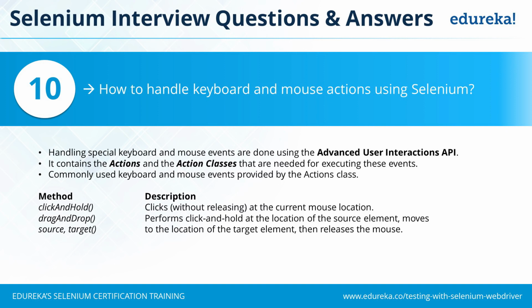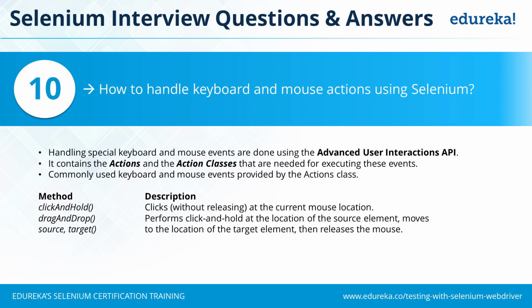So this method is used especially when you have columns. You have a result grid for which you can select your own columns, and these columns are configurable. So you have a list of available columns on the left and a list of selected columns on the right. To make any column visible on the screen, you need to drag it from the available list and drop it into the selected list. So there, you can use the drag and drop functionality through the Actions class to select a column from the available columns on the left and drop it to the selected columns on the right